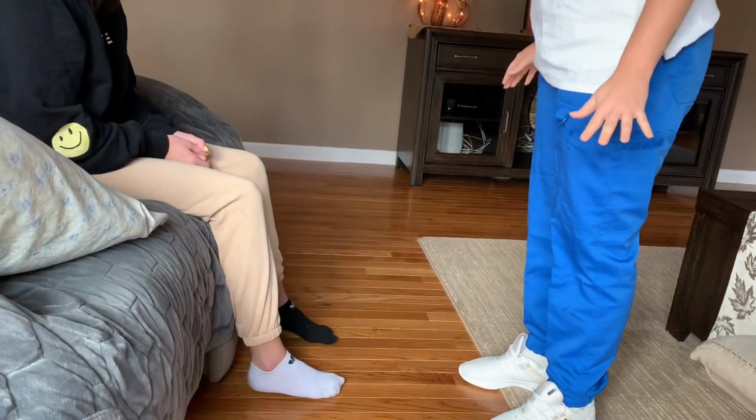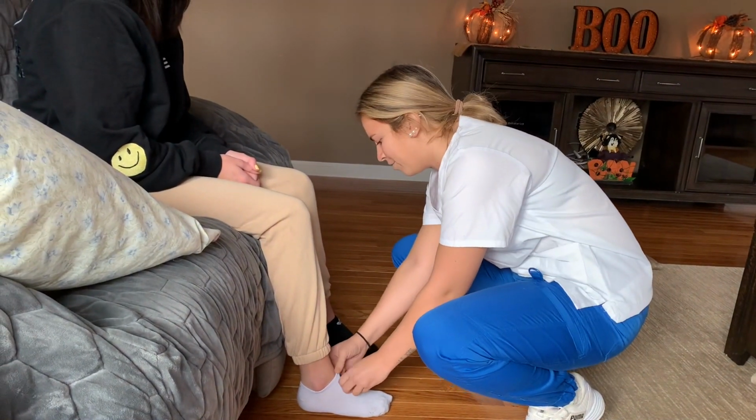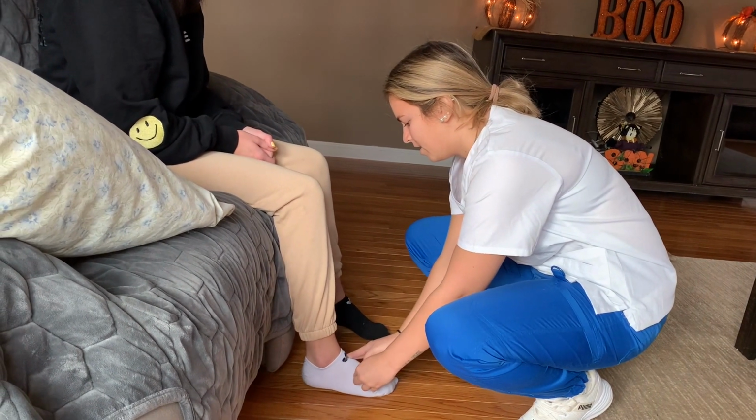Okay, I'm gonna check your pretibial and radial pulse. Good. And I'm gonna be checking your respiratory tract. Do you have any allergies? No. Do you have trouble breathing? No. Okay, at this time, if I had a pulse ox, I would check her pulse ox,